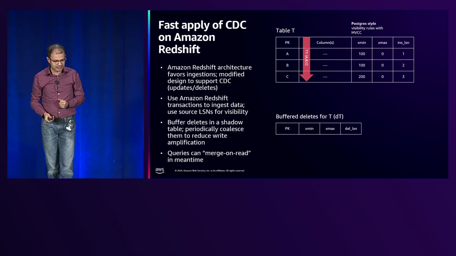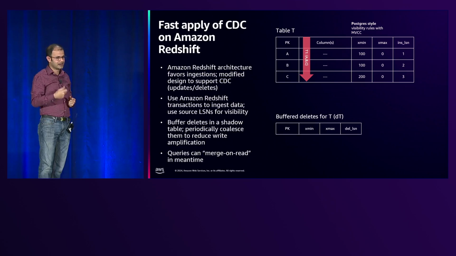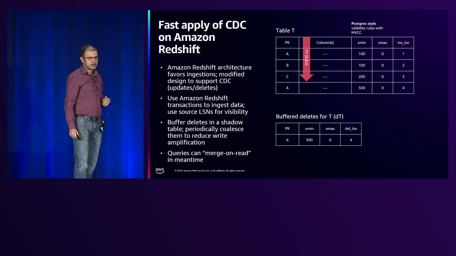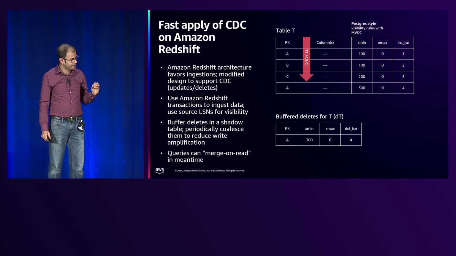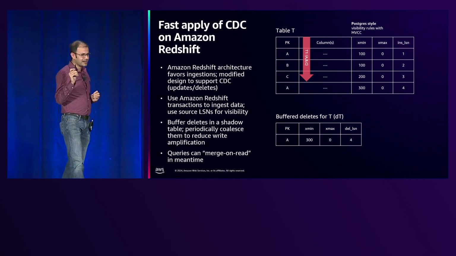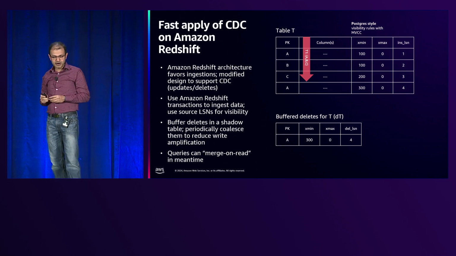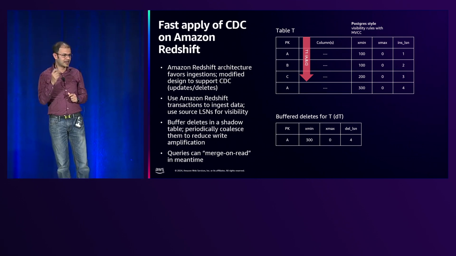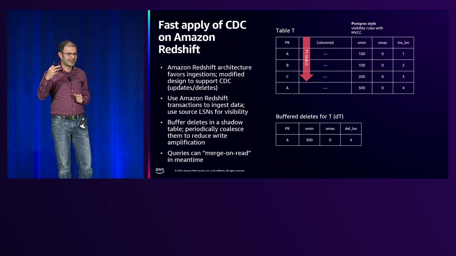We have again our example of A, B, C. A transaction started, got the snapshot, so it views A, B, C. Now assume there was an update on the source side where the key A was updated. That update got broken down into a delete. We inserted an entry into the delete buffer with an LSN of 300, which is the transaction at which this delete was applied. And then we also inserted the new value into the primary table with a value of 4